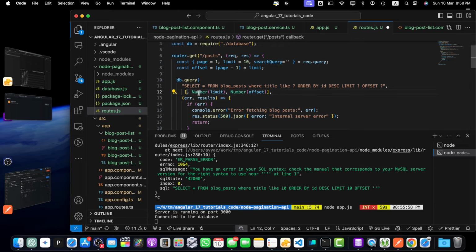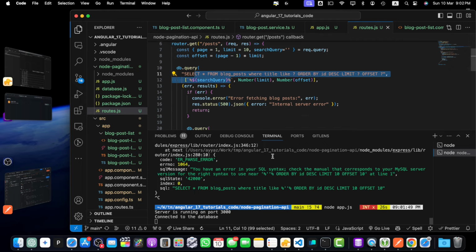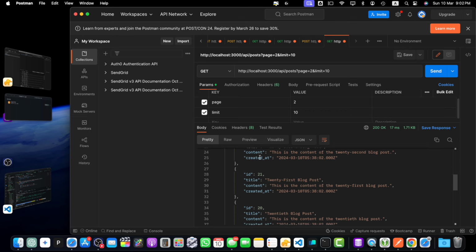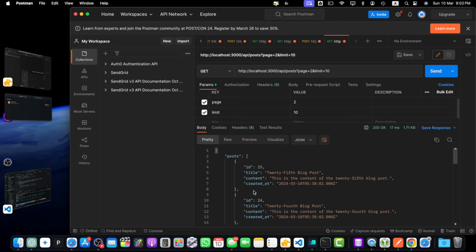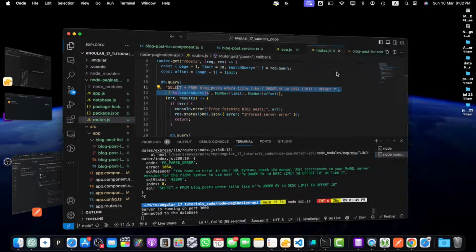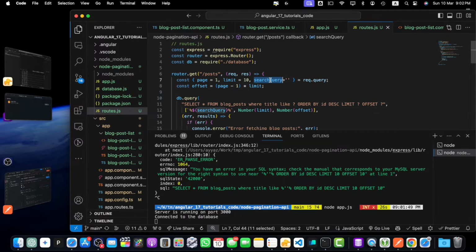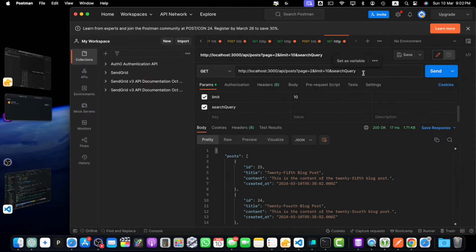We have to wrap it with the % sign like that, and let's add the $ sign. Okay, save it, and with that it started to work. I did not specify anything and it is still searching. But if you add the search query, let me make sure the exact same name. So if you specified the search query is equal to maybe